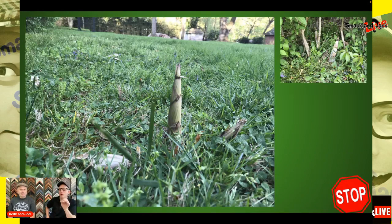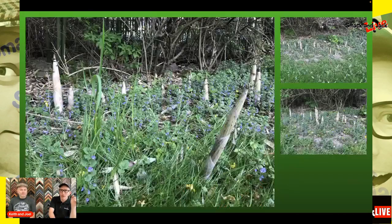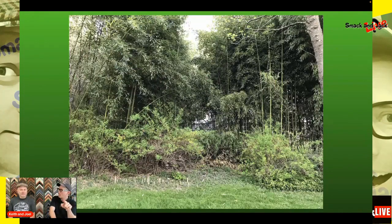I think probably what I will do is also take my shovel and dig down and break each one of those runners that I see. Now, that won't necessarily kill it. However, just like grass, if you just keep cutting it, it will eventually die. Now, I'm not going to kill all that big bamboo back there. But what I just want to do is keep it back there and not in our yard. And just like the smaller species on either side of our yard, I've been able to